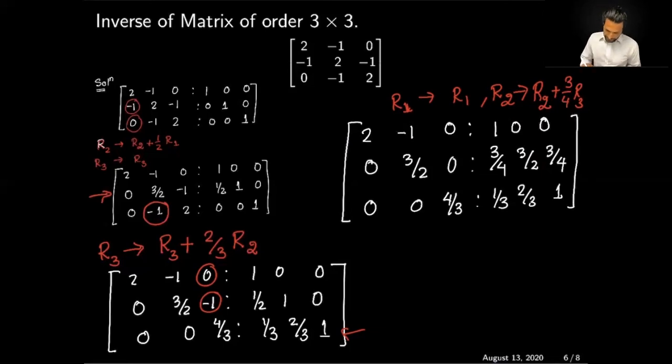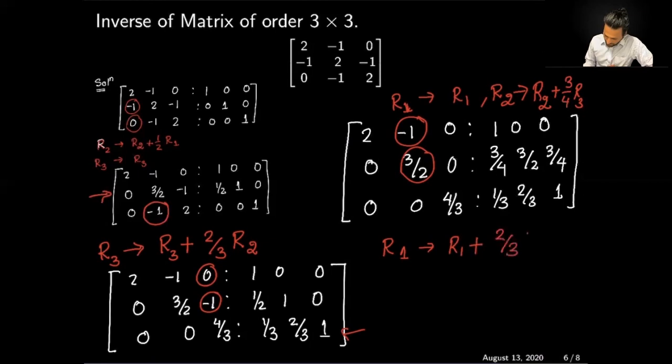Okay, one more operation to eliminate this entry, which is a -1. So next we eliminate this one, and our operation will be on R1, which will be basically, now the pivot is coming from here. So this is our pivot. So R1 minus plus again, the entry to be eliminated is -1, and this will be 2/3 times R2. And after applying these operations, our new augmented form will be 2 0 0,